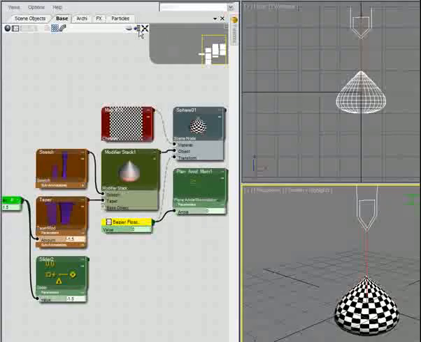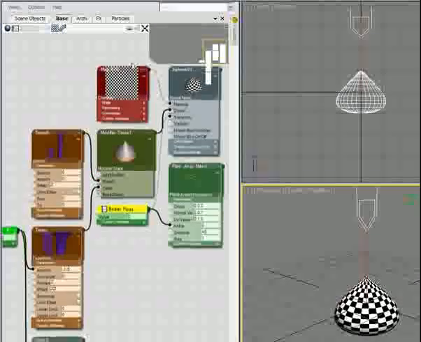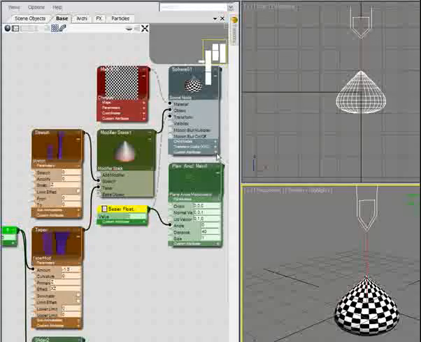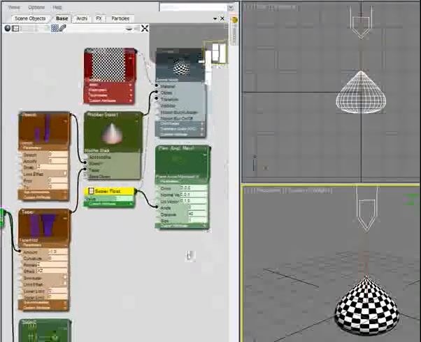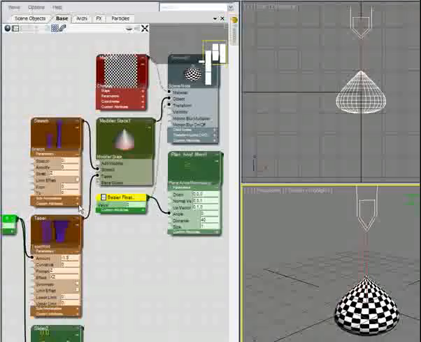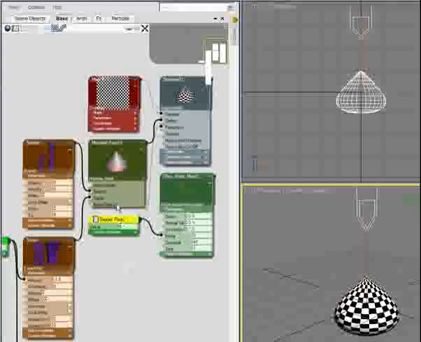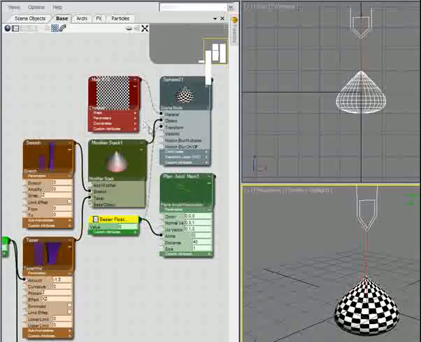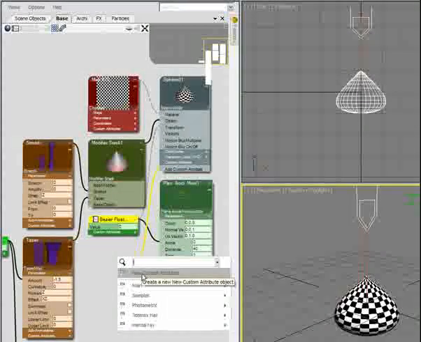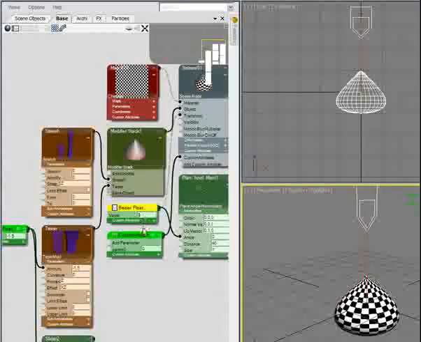These are really easy to set up in Zookeeper. If I expose those rollouts, you can see that every single node here in Zookeeper has a custom attribute rollout, which is really very helpful. And you can add custom attributes to pretty much anything at any level. So if we want to add it to a modifier, we can. If we want to add it to the base object, we can. We can add it to materials as well. So I'm going to go in here and drag out the custom attribute and say new custom attribute. This will get popped in down here,